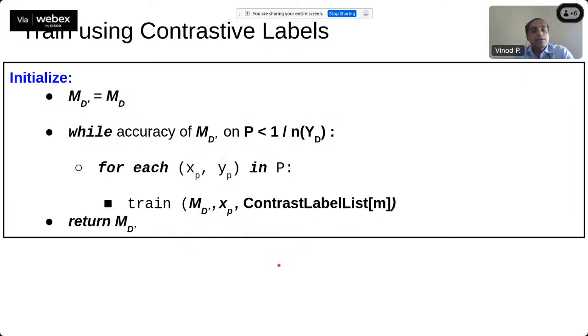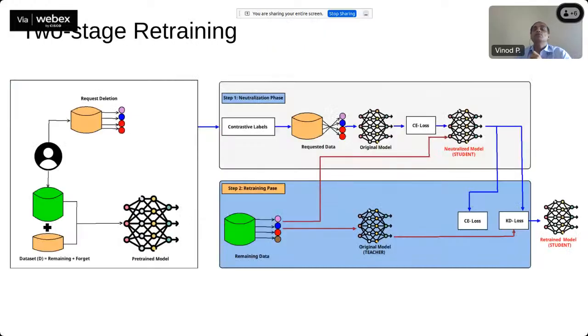But I would like to emphasize over here is, since we are doing the training process, it might also have changed the parameters abruptly. So what we now have to do is preserve the knowledge corresponding to the retained set. So at this point we will use knowledge distillation. This model that you have got is a neutralized model which gives you a very low confidence score on the preservation set, but it might also have disturbed the performance on the retained set.